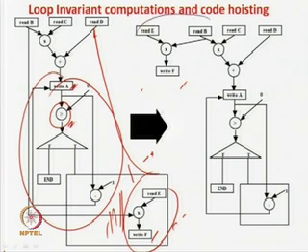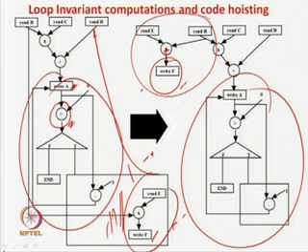So, they have brought this transformation over here: E F equal to E plus B, or E star B, whatever may be the condition. So, you are writing it over here, and this is your loop. Inside this loop you are not doing the computation. The loop is executing a number of times, so by bringing or hoisting this code over here, what you are achieving is saving the number of additions here